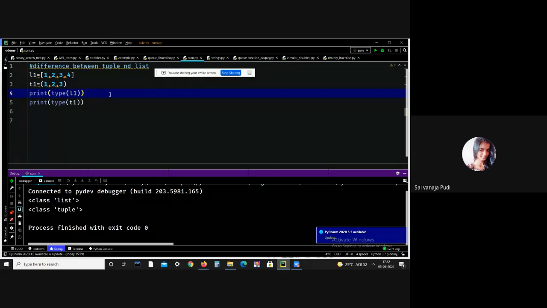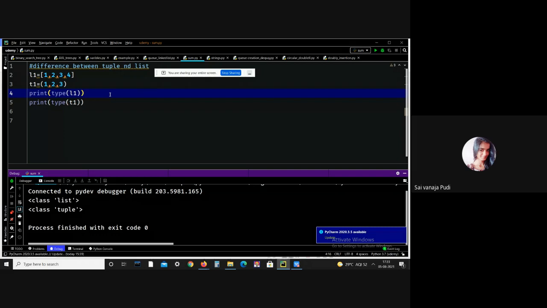The next difference is memory efficiency. Tuples are more memory efficient than lists, because tuples have fewer built-in operators. Lists are suitable for fewer elements, whereas tuples are a bit faster than lists for a huge amount of data.